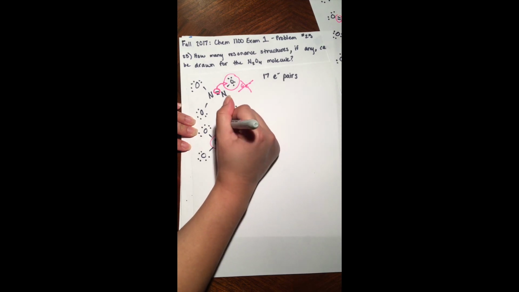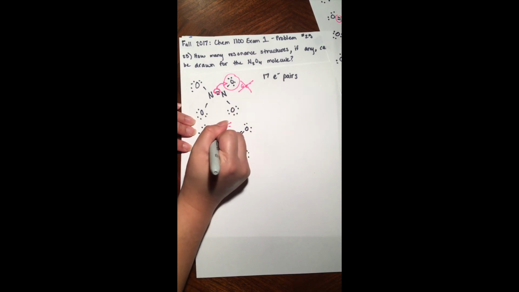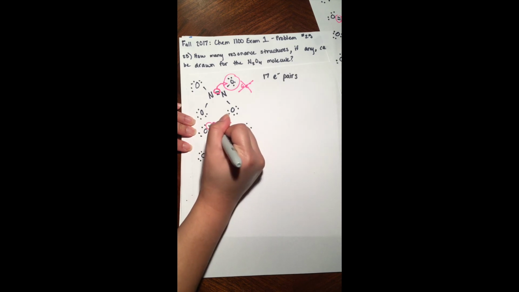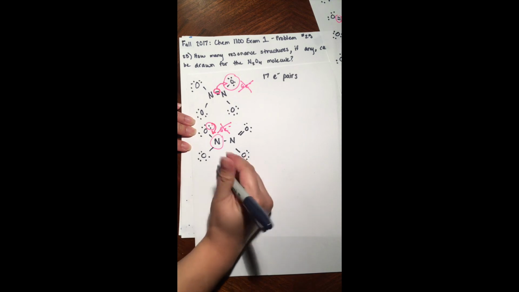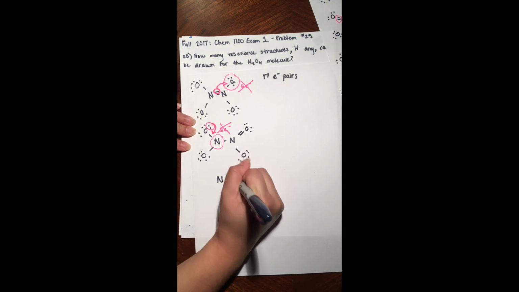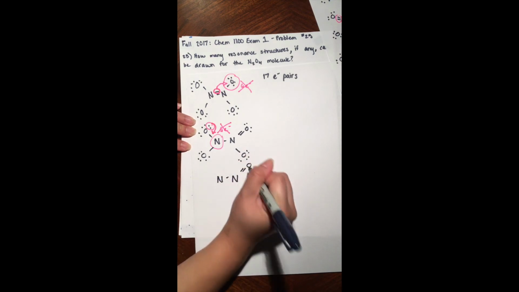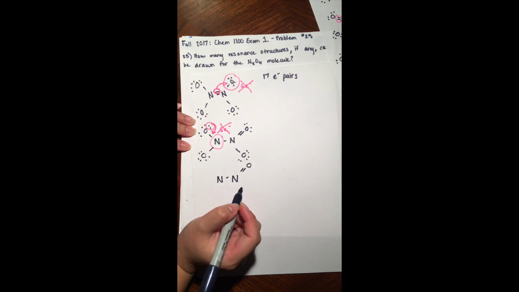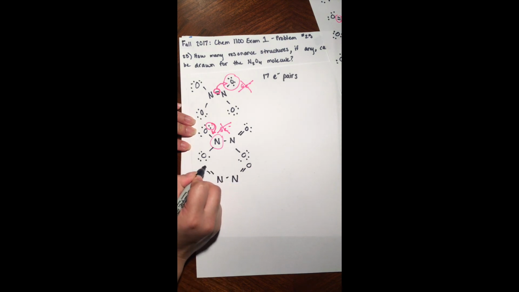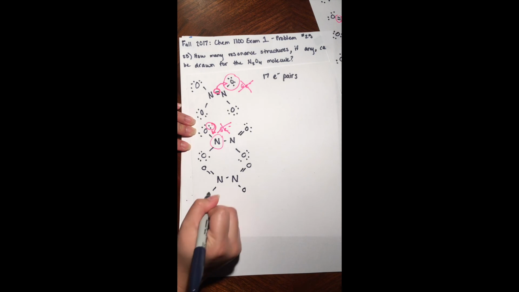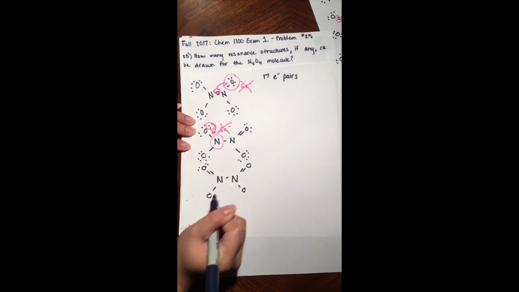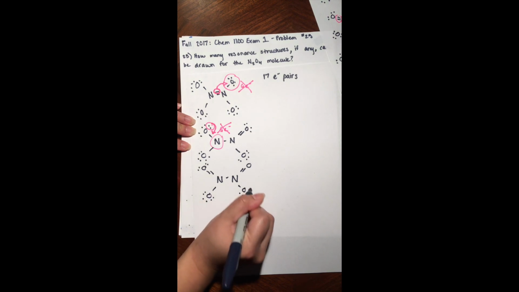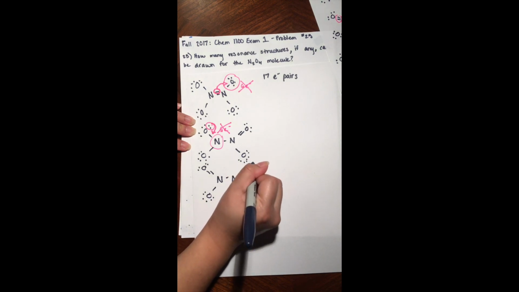It needs 8. So the only way to fix that would be to take one of these electrons from oxygen, transfer it to make a new bond, and then we go back to one of our structures from the previous page, and we get a molecule that always has 2 oxygens that are double bonded and 2 oxygens that are single bonded